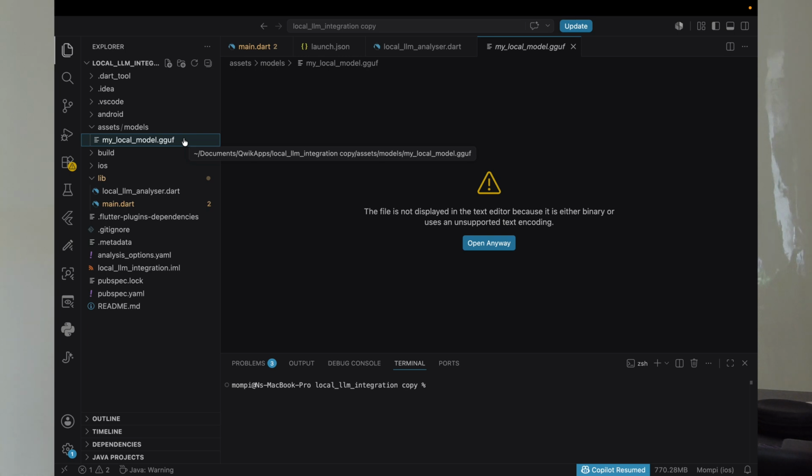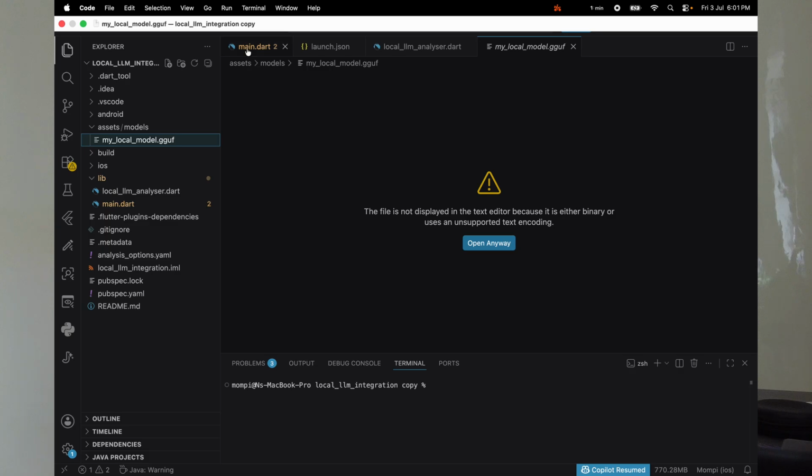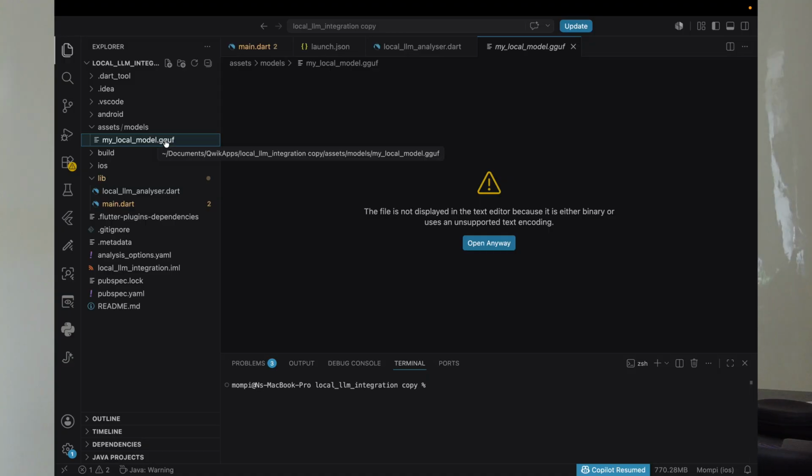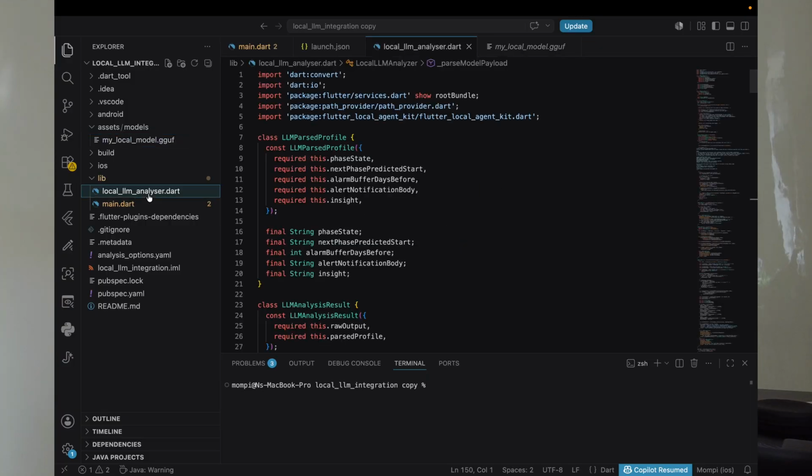the assets/models folder, and I renamed it to something more readable, because the file that they give is normally pretty long and doesn't make sense. So I renamed it to mylocalmodel.gguf. GGUF is a file format for the model. Now once that is done, we are going to quickly